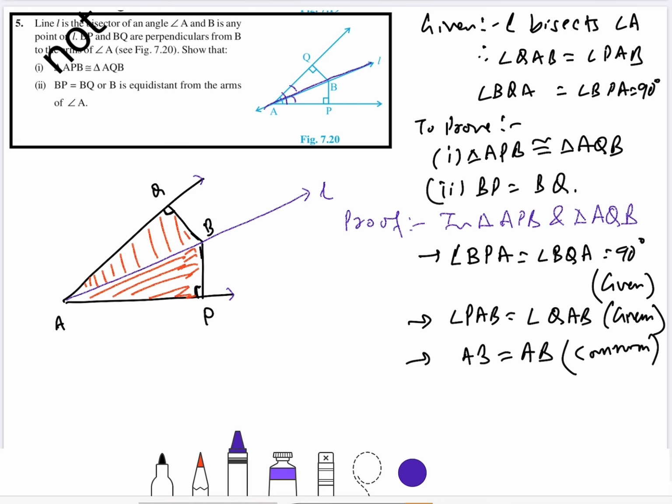So we can say by angle side, by angle side, triangle APB is congruent to triangle